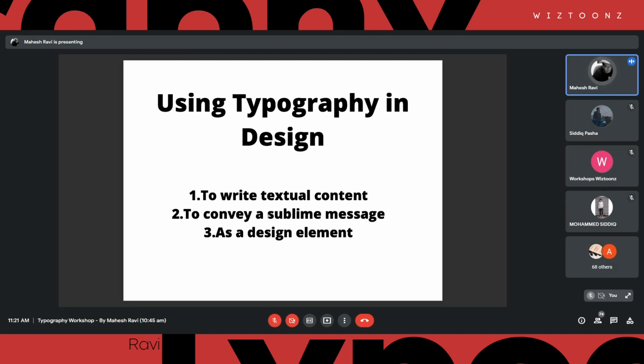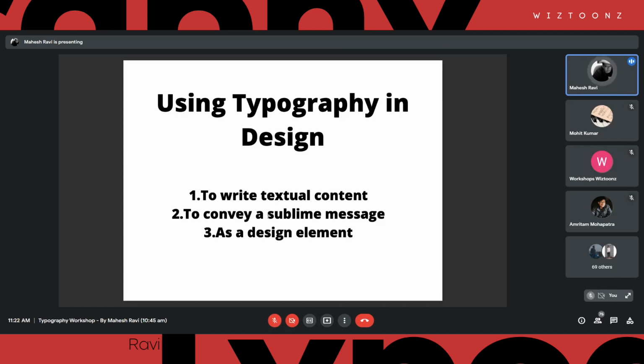So for instance, take the example of the Baskin Robbins logo. Do you remember the Baskin Robbins logo? If you look at it, you can actually see a 31 there, right? You can see a number written there.